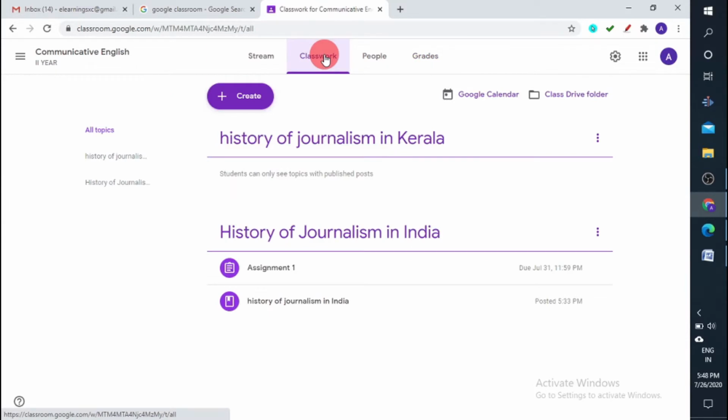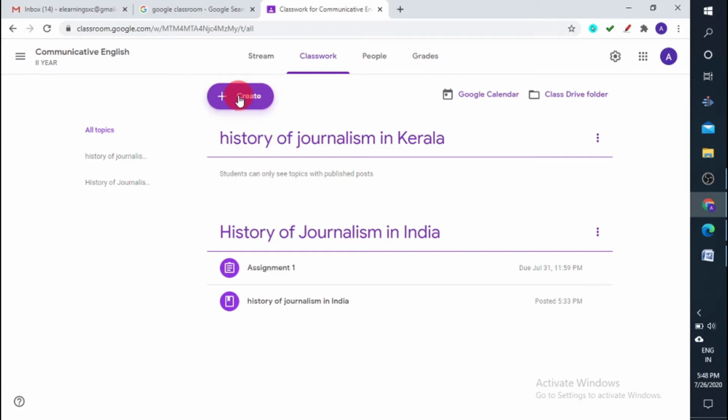The next thing we are going to explore is creating quizzes. I told you there are two ways of assessments possible in Google Classroom. The first one, assignment, we have already done. We have done the assignment and its correction, and now next is the quiz. How do you create a quiz?